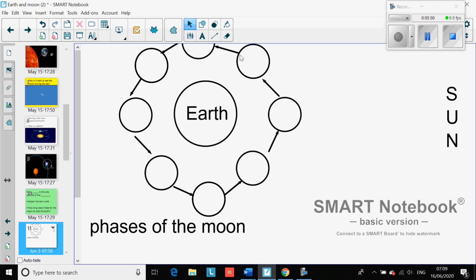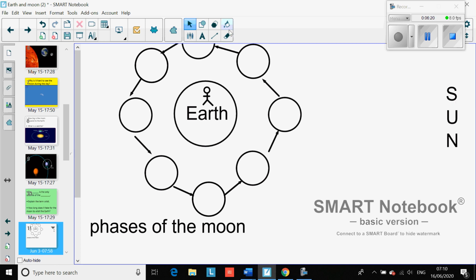Right, so your second task is the phases of the moon sheet. I'm going to give you a task like this. Now I want you to use your imagination a bit. Imagine you are standing on the Earth. Apologies, I never got beyond drawing stickmen. I am rubbish at art, but let's put you on the Earth. There you are. Now, let's just say we know the moon goes round the Earth like this,